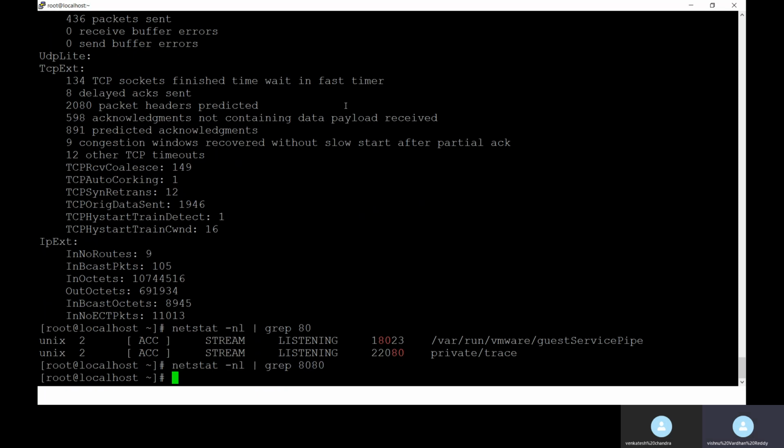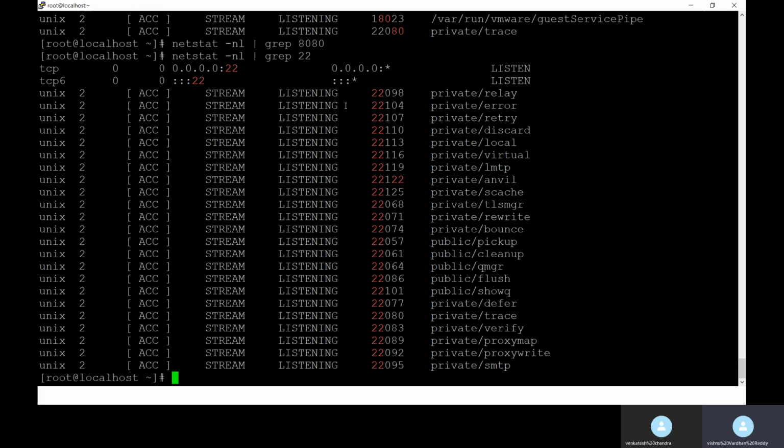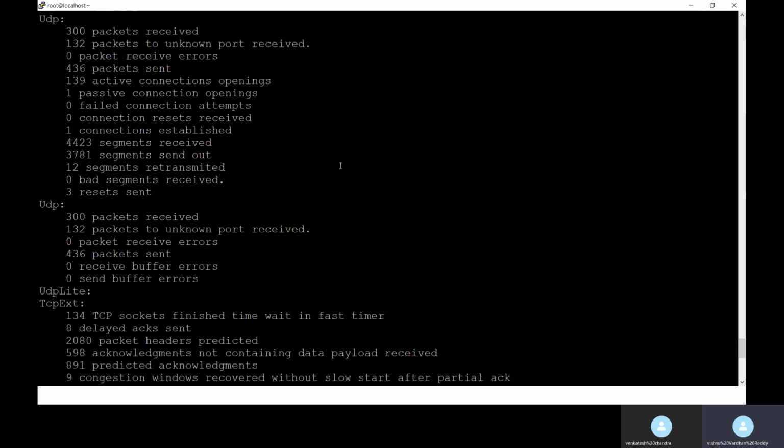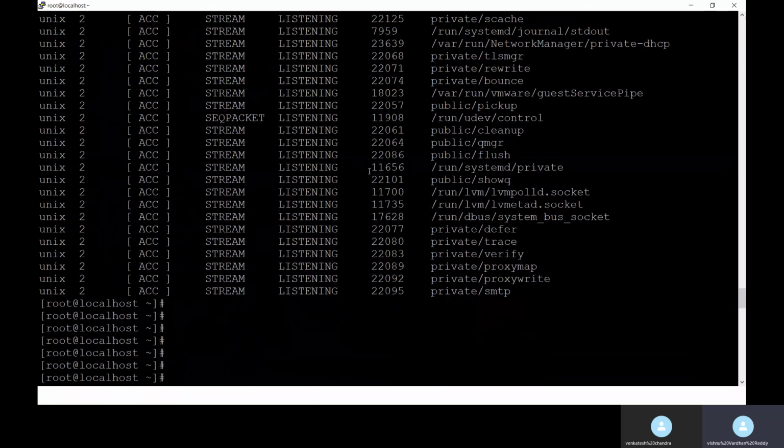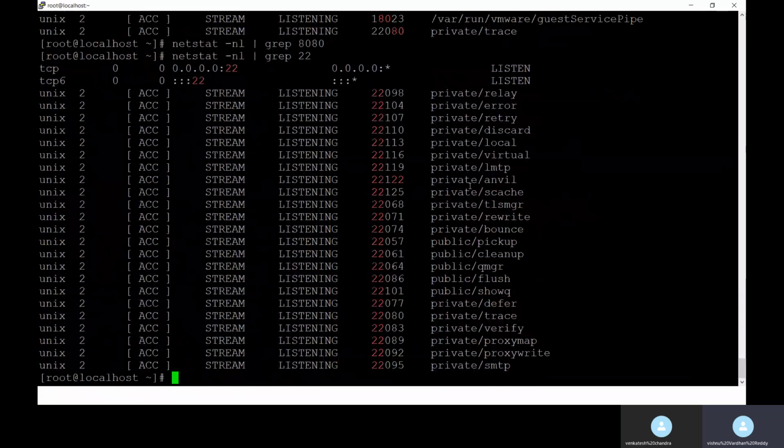When you run some kind of applications, that time we'll get to know what exactly the use of netstat is. So what are the uses for netstat? You can check how many open ports there are, what the service statistics are, and everything. It will display network related information. That is the netstat command.